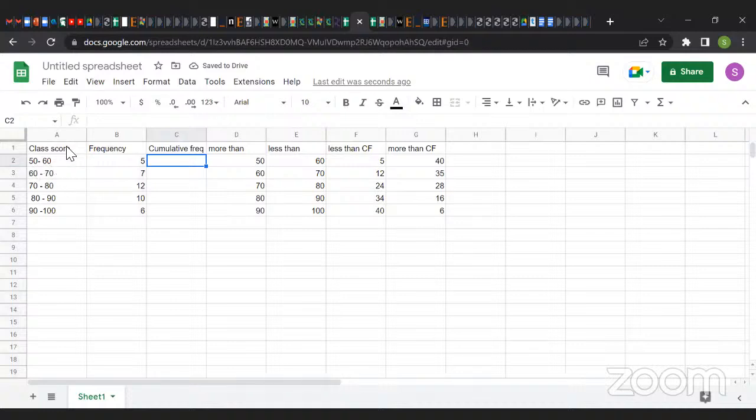For the students who got 50 to 60, the frequency of them is 5. And for students who got 60 to less than 70, it includes all of this. So it will equal